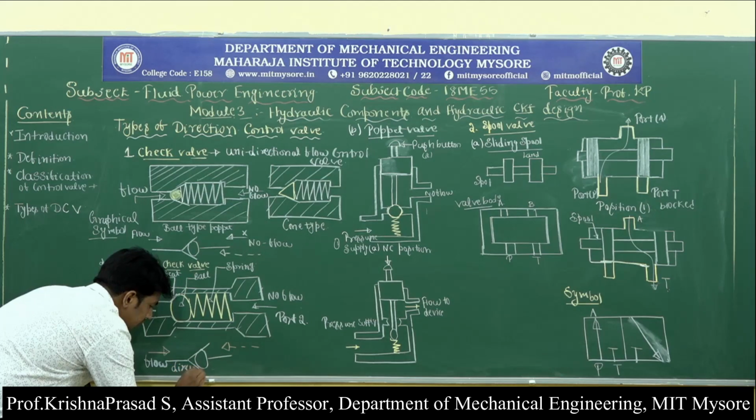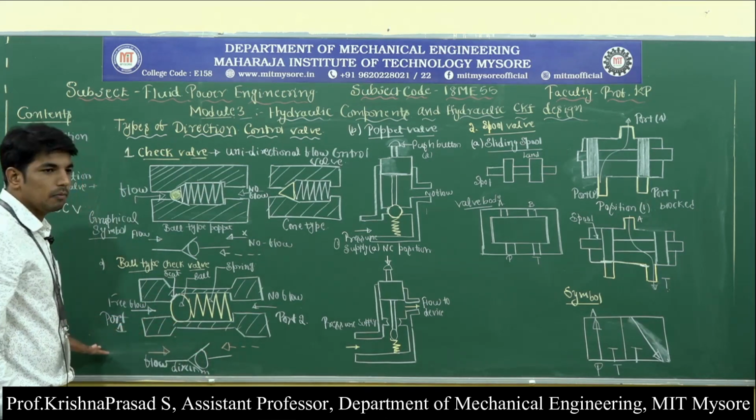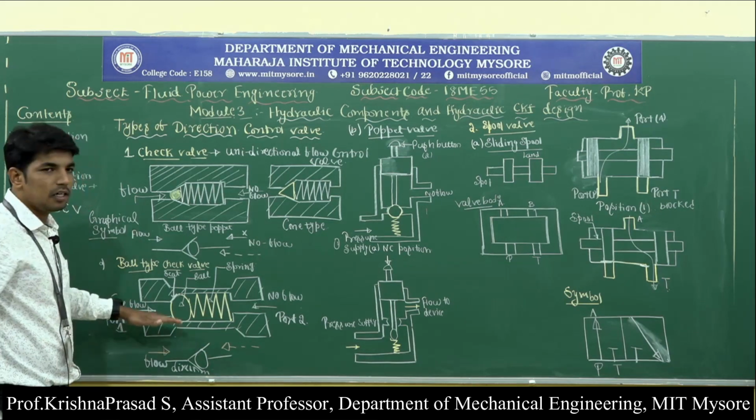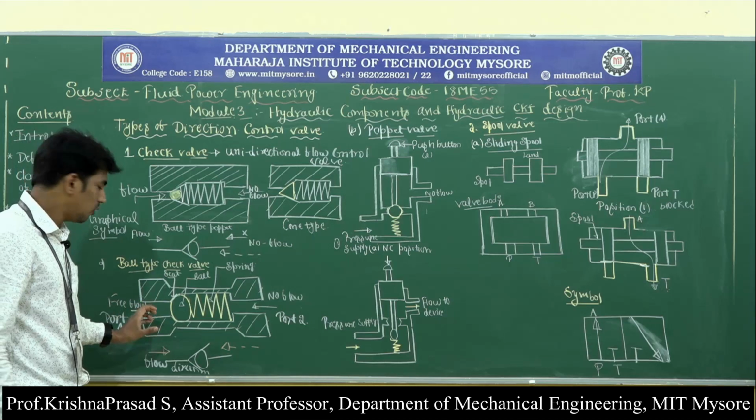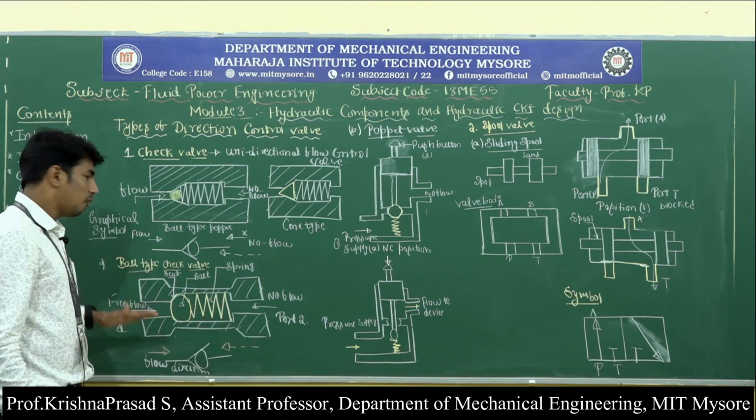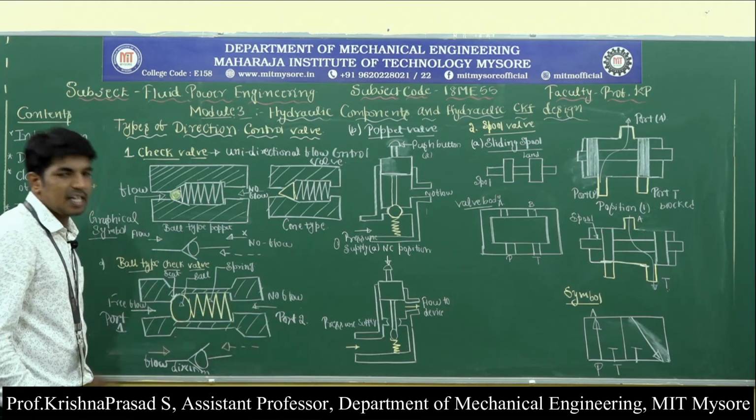So what happens during the operation? When highly pressurized fluid flows from the pump and enters through the ball side, because of the highly pressurized fluid, the ball lifts over its seat and allows the fluid to flow from port 1 to port 2. Once the supply is cut off,